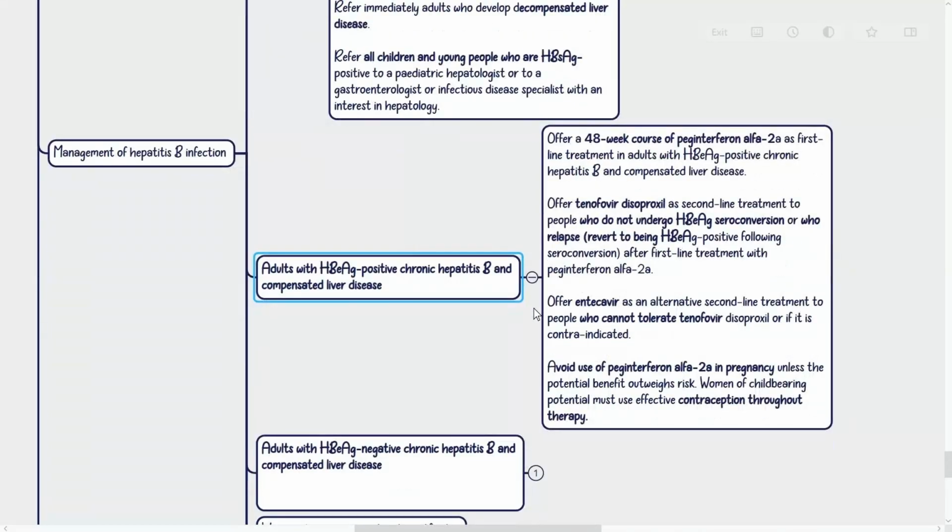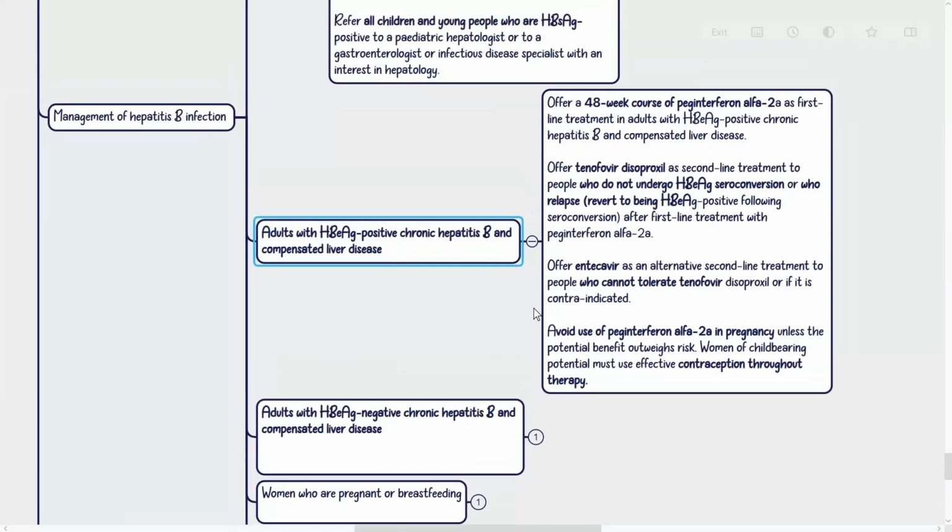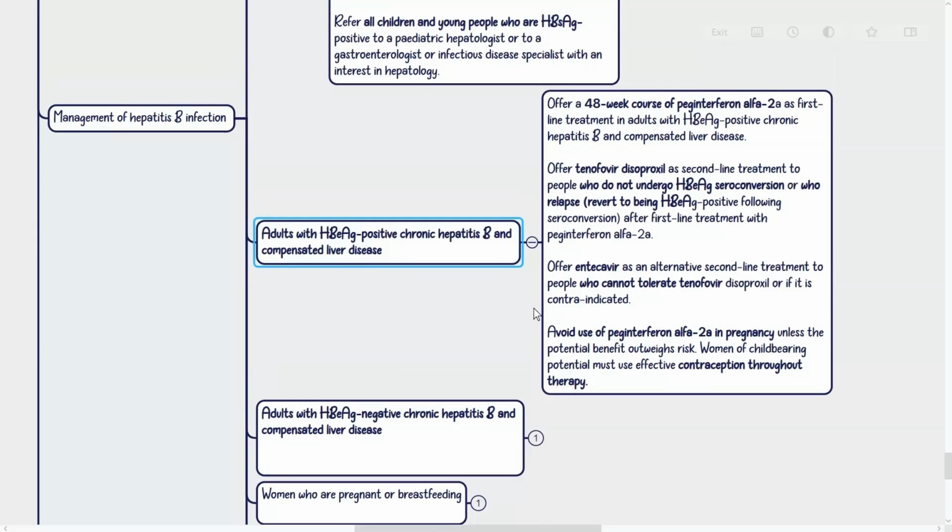Adults with hepatitis B e antigen positive chronic hepatitis B and compensated liver disease. Offer a 48-week course of peginterferon alfa-2a as first-line treatment in adults with HBeAg positive chronic hepatitis B and compensated liver disease. Offer tenofovir disoproxil as second-line treatment to people who do not undergo HBeAg seroconversion or who relapse, revert to being HBeAg positive following seroconversion after first-line treatment with peginterferon alfa-2a. Offer entecavir as an alternative second-line treatment to people who cannot tolerate